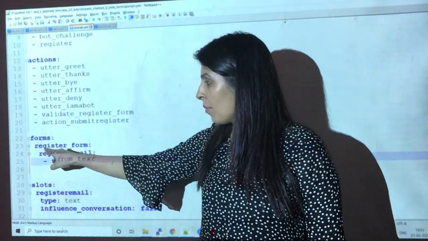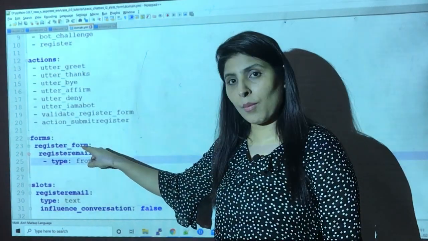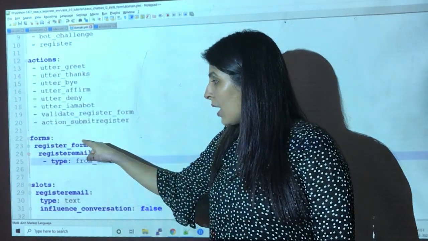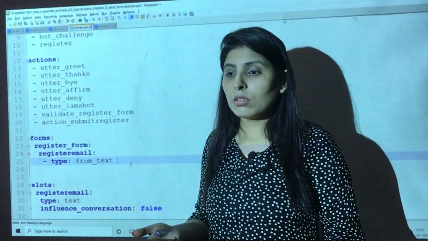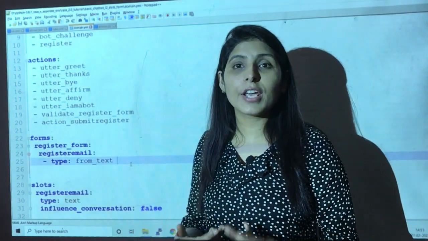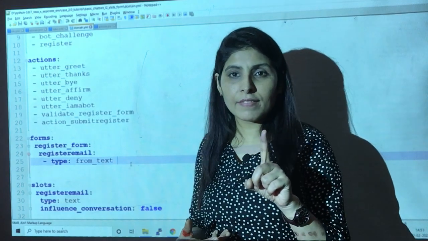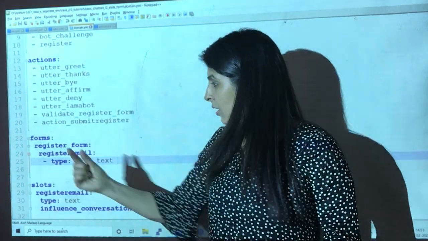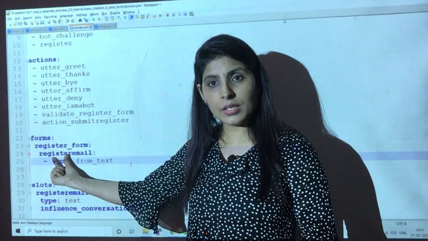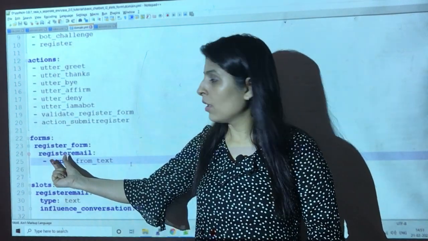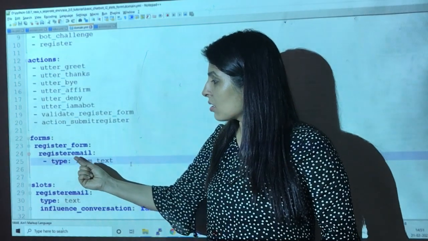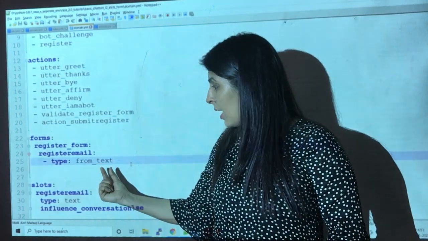What is the name of the form? register_form. Okay, and under this form, how many different values do you want to take from the user? We want only one value from the user, email ID. So I have created this, you can say this is one field where the user will write the value. So the field name is register email ID.